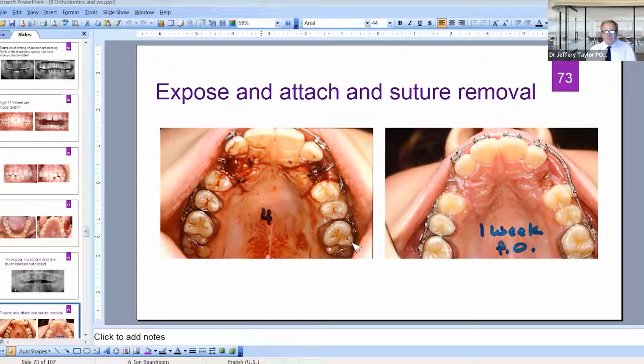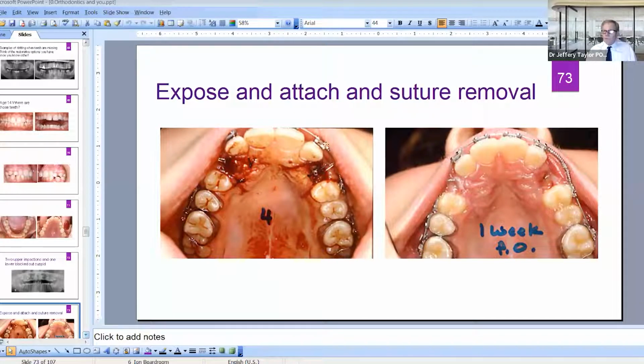And here we had the suture removal. Let's go back to work on this young lady. And then here at the finish at 22 months, everything is in. We brought in all the cuspid occlusion. Looks really nice. Everything is nice. A little bit shy of occlusion right here, but that'll settle in later. And then here we have,